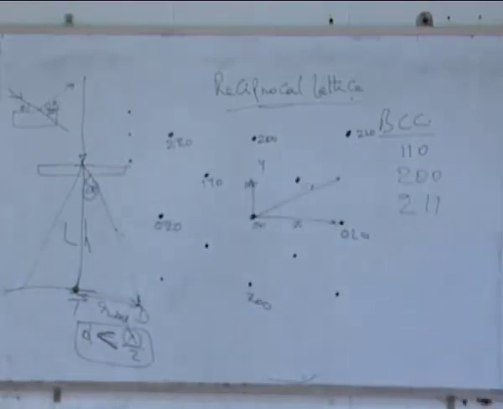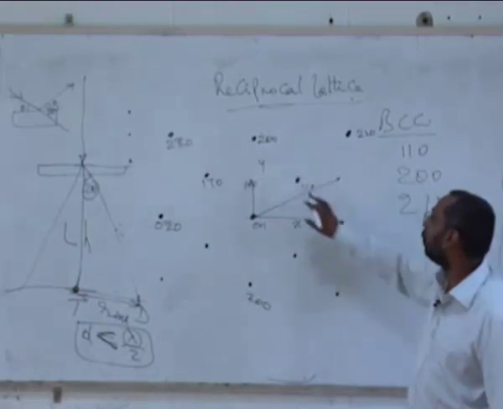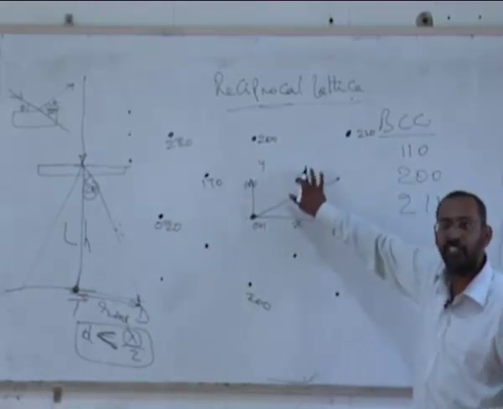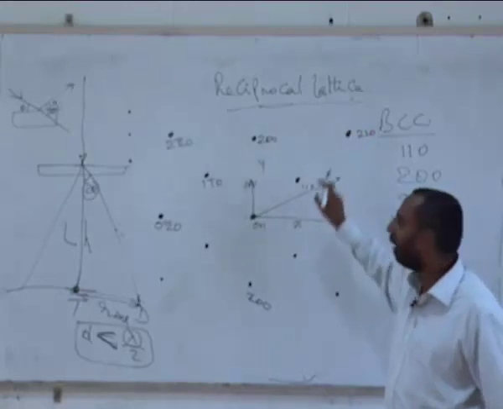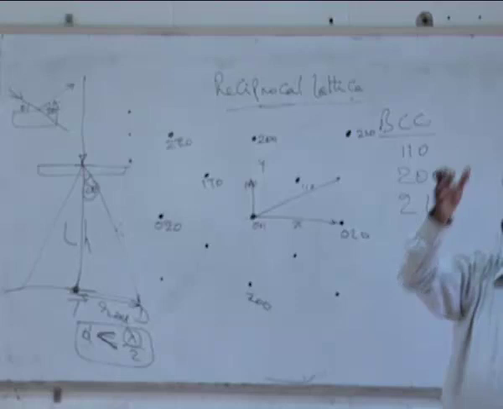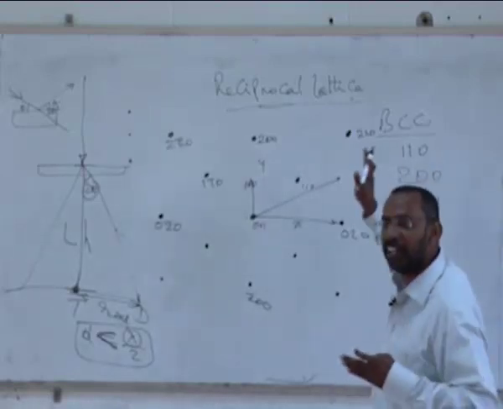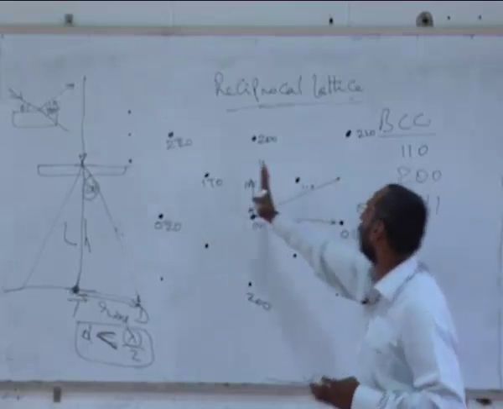It will be an FCC unit cell. It will look like an FCC unit cell because all these will be face-centered positions. These four will look like body corners, and this will be a face-centered position. If I extend it, I will have another face coming here, that will also have another face center, another face coming here, and another face coming here.